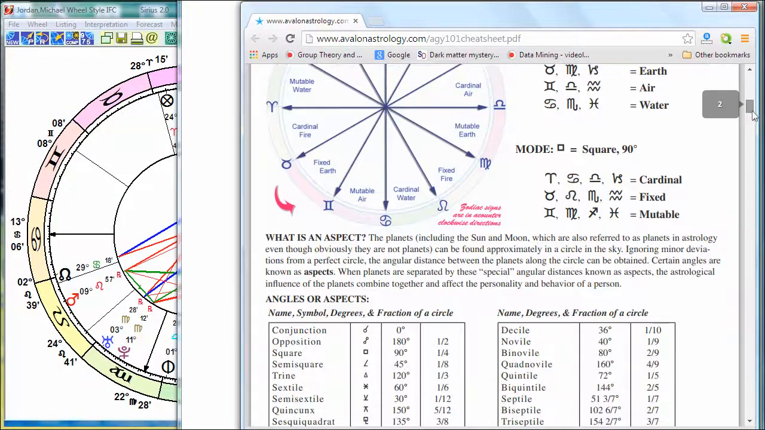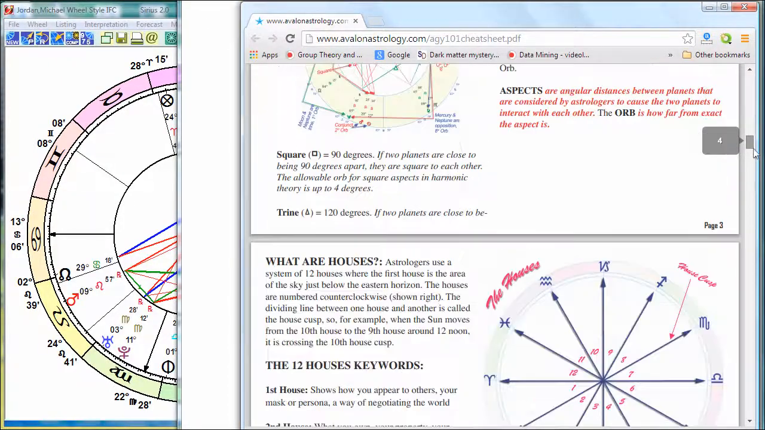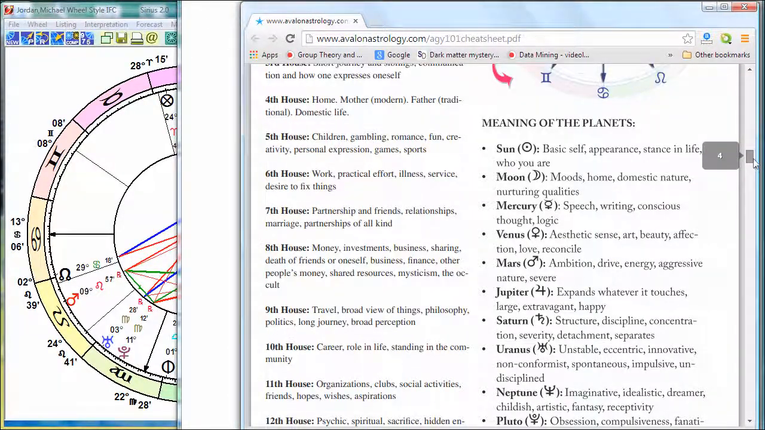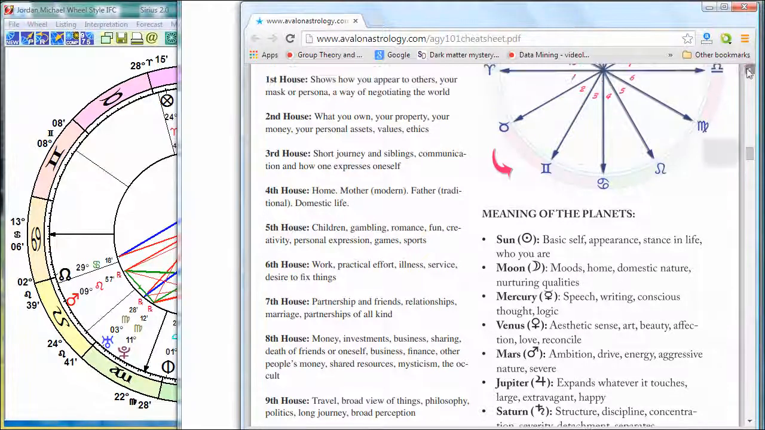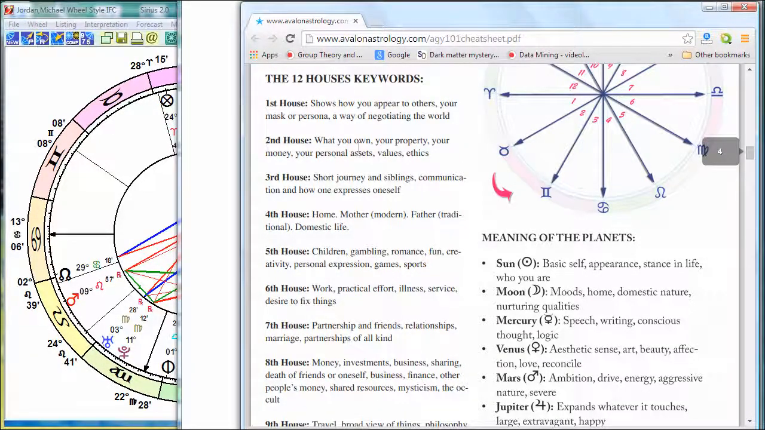Now for the planets, we have a summary of the meanings of the planets down here. Somewhere here it is. Here's a summary of the meanings of the houses. I'm not going to go over all these because you can go over this yourself. Why should I just read to you what it says? Just go to the site and start memorizing this. Second house is what you own,